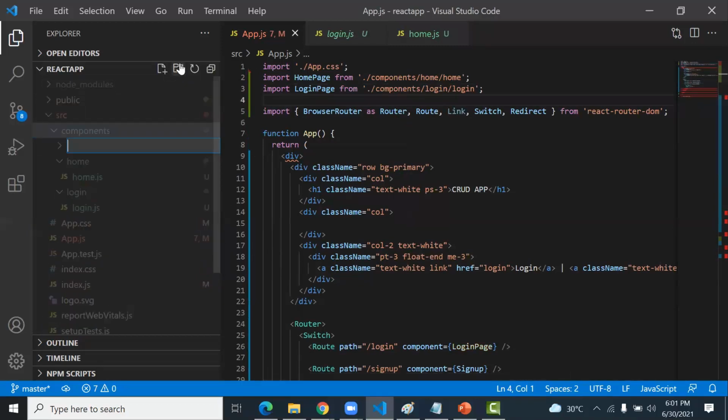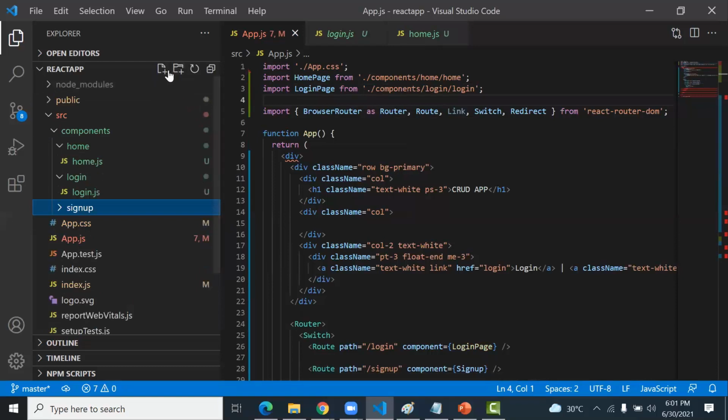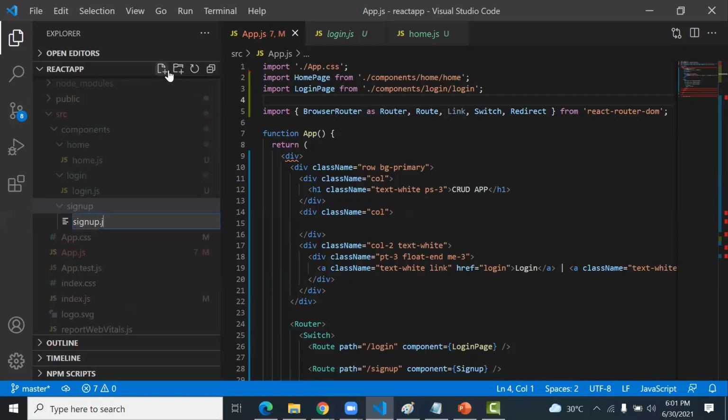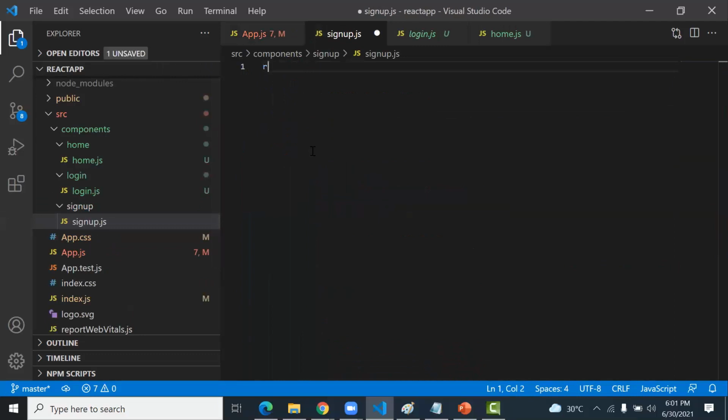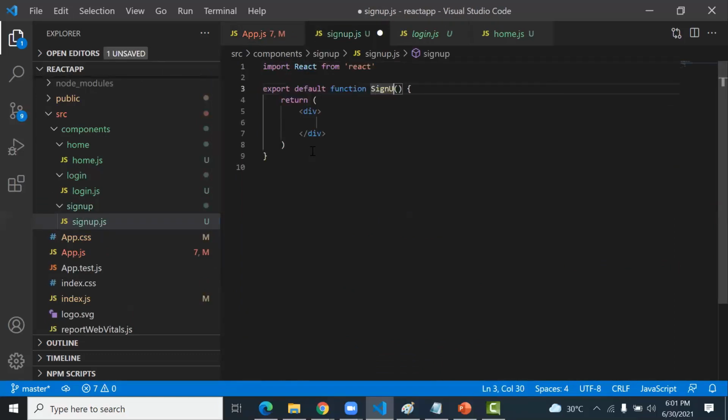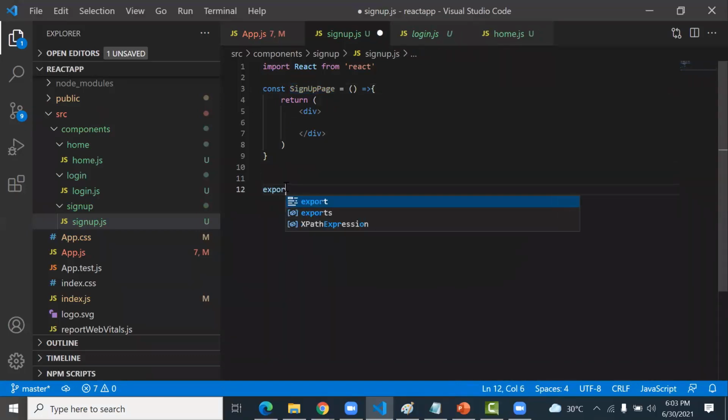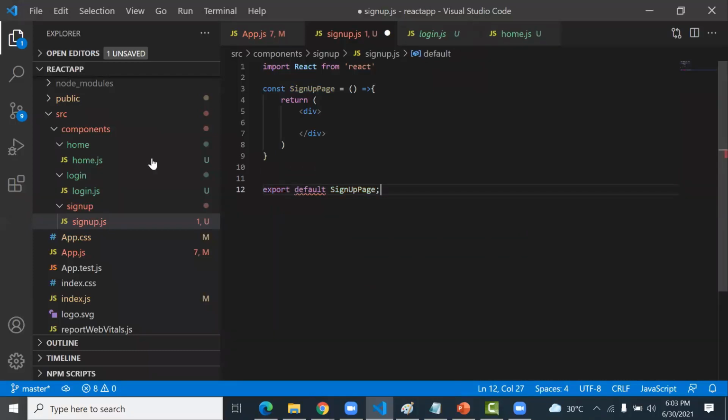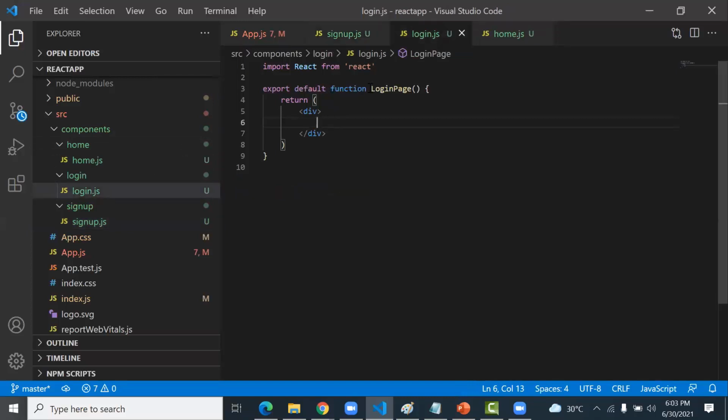Similarly, I create one more component called sign up. There I create a file called signup.js, and here I create a component called sign up page. I change the sign up to an arrow function like this. Okay, so this sign up, I first export the default sign up. Right now it is empty, but we'll import it.